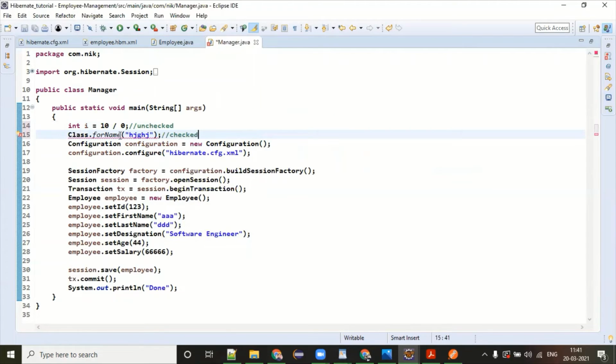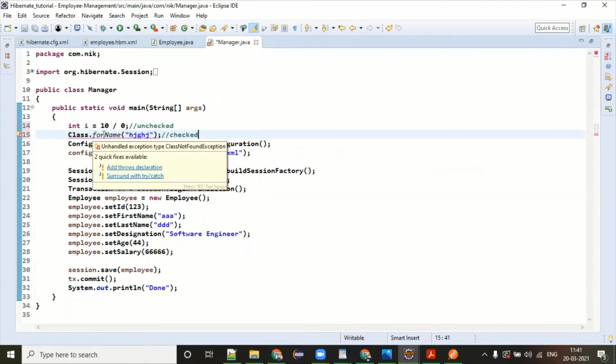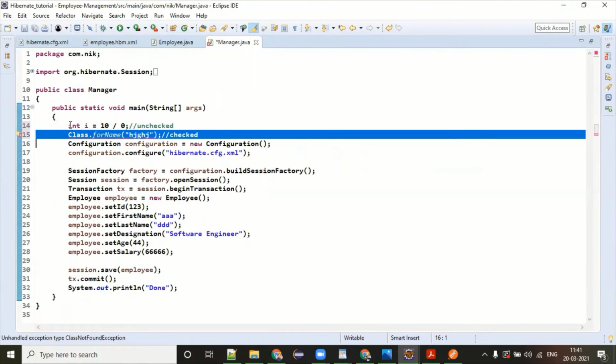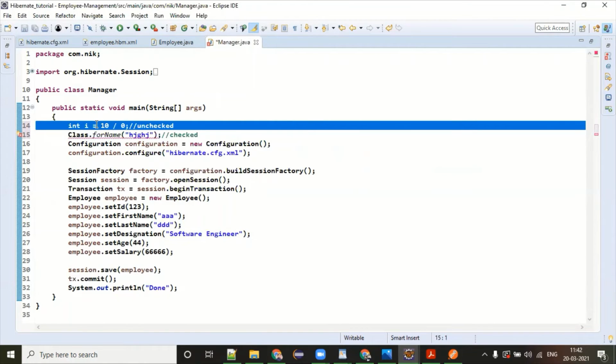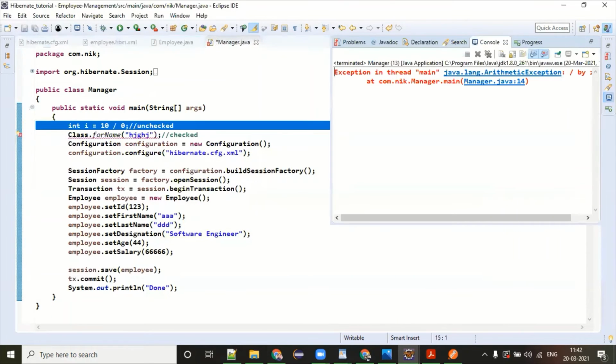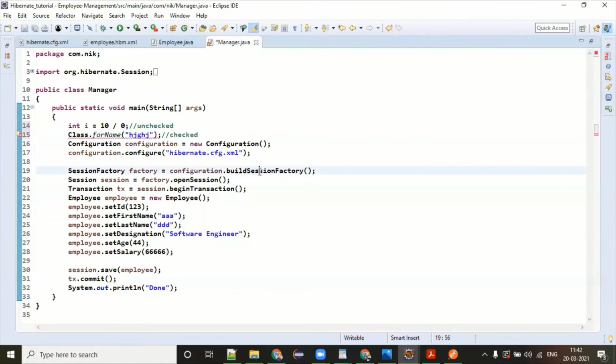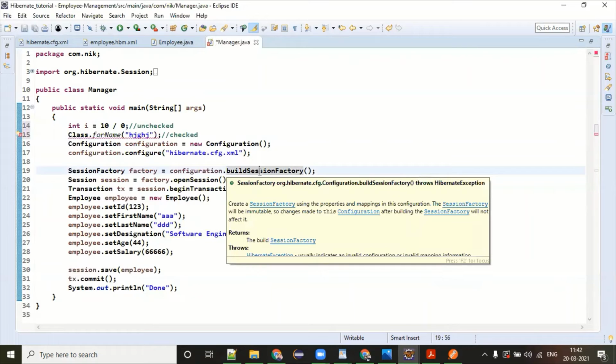So when I ask what is the difference between unchecked and checked, the answer which I'm getting is: checked exception is a compile time exception because of this error, and unchecked exception is a runtime exception because after running itself, you are going to get this ArithmeticException. So this is my question to you. Do you agree with this answer? Each checked exception is a compile time exception.